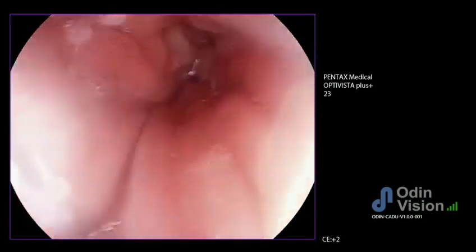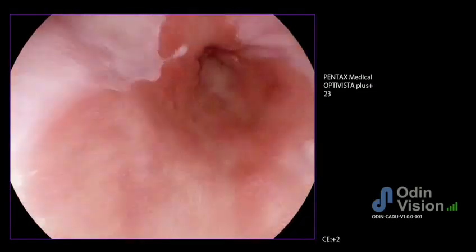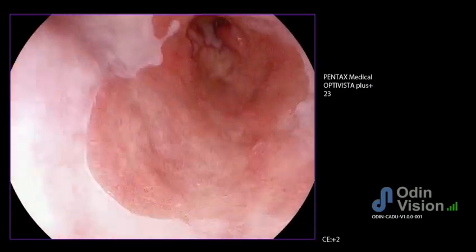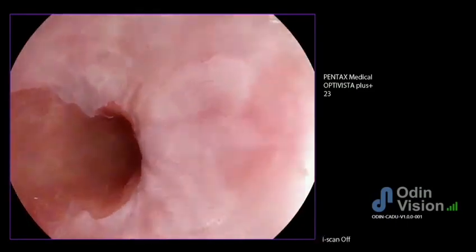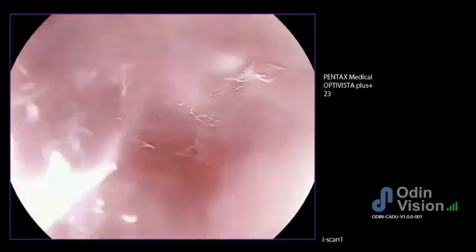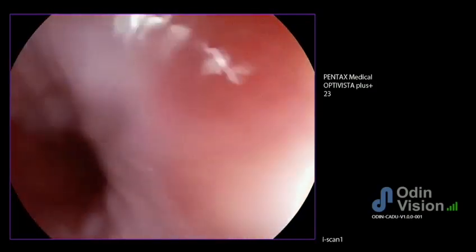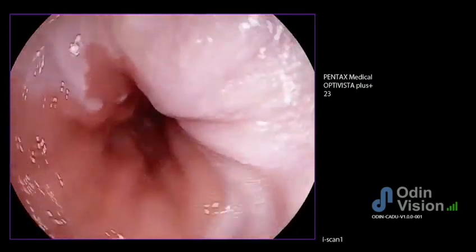And here the endoscopist is assessing this area using iScan-1 Pentax imaging, which has the added advantage over white light in enhancing surface architecture and improving detection. We had already assessed using optical enhancement, and there were multifocal areas of concern and abnormality associated with early cancer and dysplasia. So let's see if the AI system has compatible concerns and supports the decision of the endoscopist